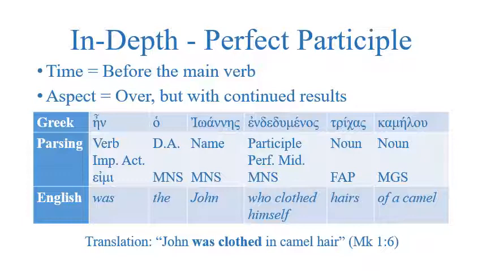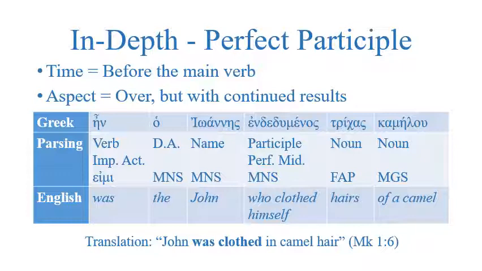We have the sentence, Ein ho Ioannes endedoumenos trikas kamelu. And here we have several words we've already seen. Ein meaning was, ho, the. Ioannes is the Greek form of the name John. It's masculine nominative singular to go with ho, because remember, Greek often uses the definite article with names. Then we come to our participle,